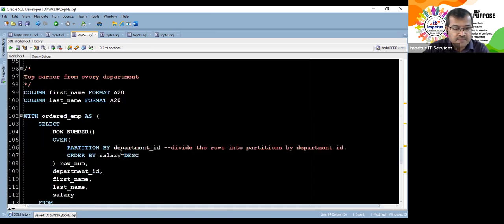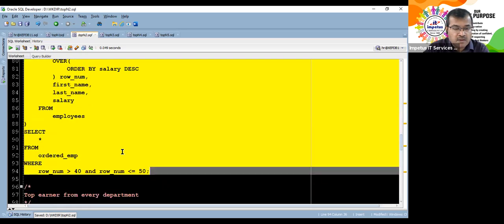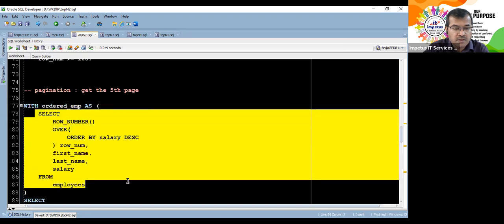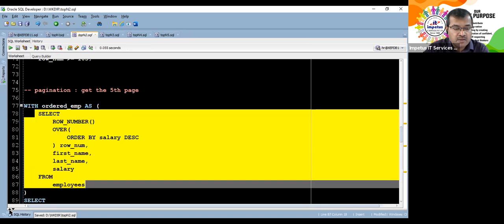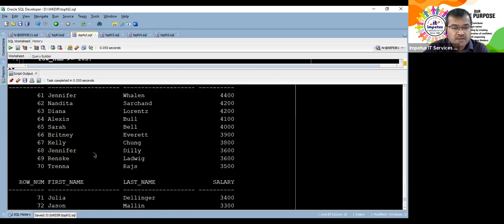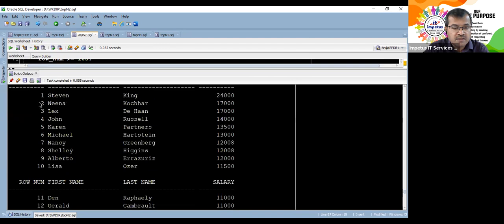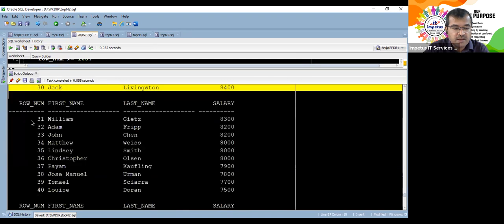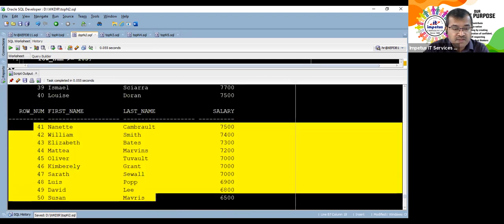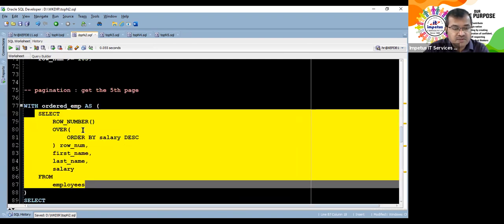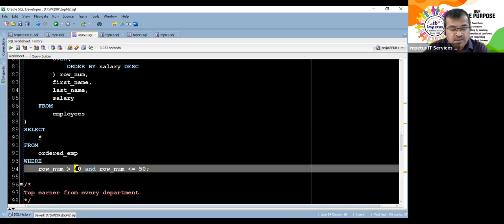Let me see if my query is the same. Order by so and so. Let me run this thing first. In descending order hai. So let us have the result in the descending order first and check it out once again. If this was in descending order, my first page is from 1 to 10, second page from 11 to 20, third page from 21 to 30, fourth page from 31 to 40, fifth page from 51 to 60. हाँ, fifth page from 51 to 60. तो जो पहले लिखा था वही सही है. Fifth page from 51 to 60.